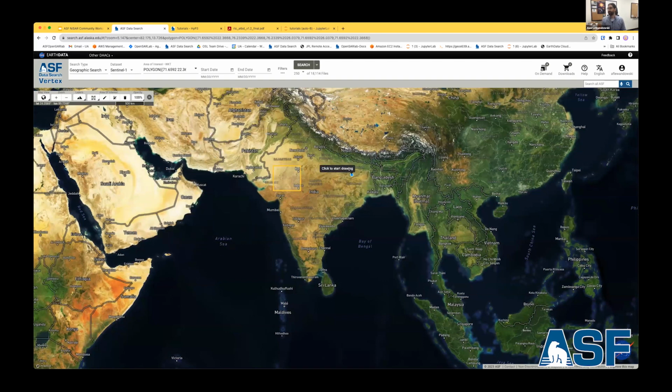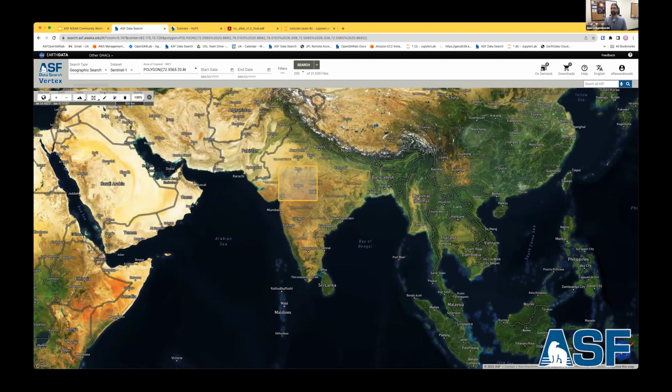And then if you want to create a bounding box somewhere else, you can just drop another one. If for some reason you've navigated away from the website and you come back and you're having trouble drawing a new bounding box, there are a couple of ways to get around that. You can either clear your search here, or you can come down to this little toolbar and click on this icon here, and just select draw a box,